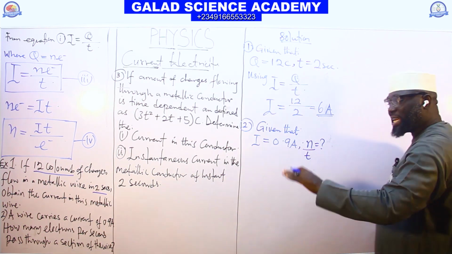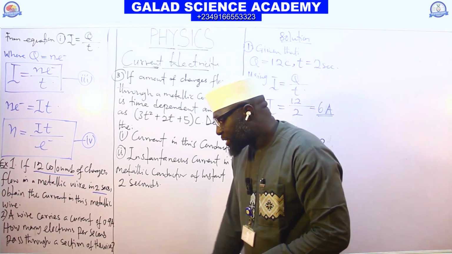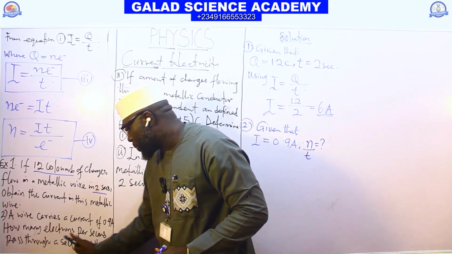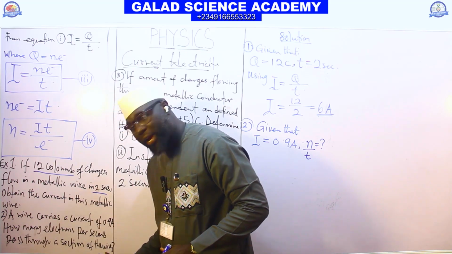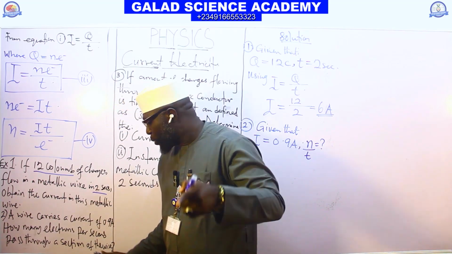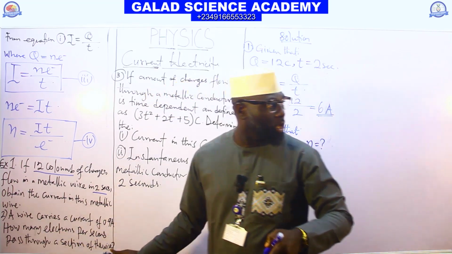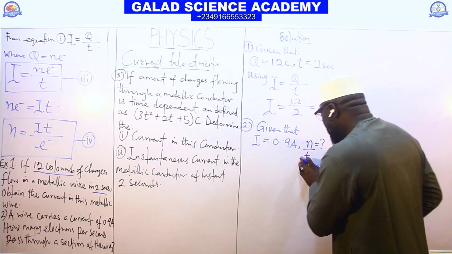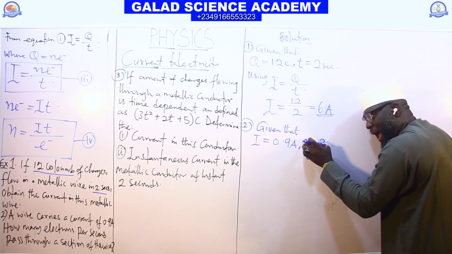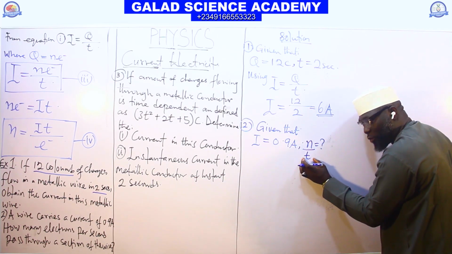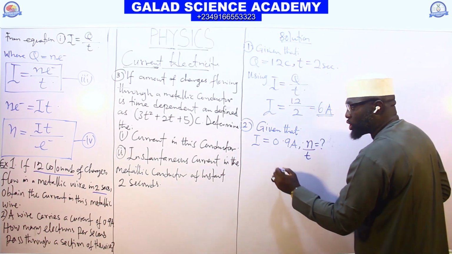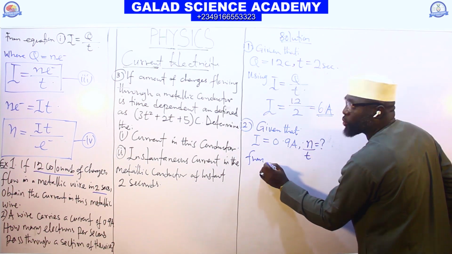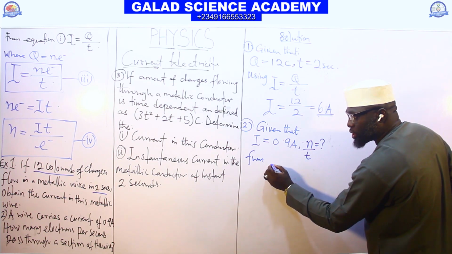How many electrons pass through a section of the wire is different from how many electrons per second. The word per second here simply means the number of electrons over t. So that's what we are looking for. And from equation 4, using N